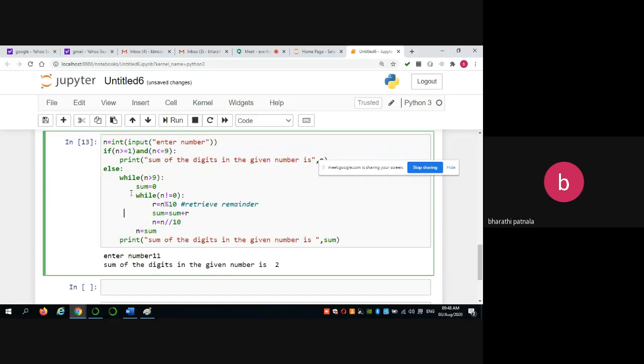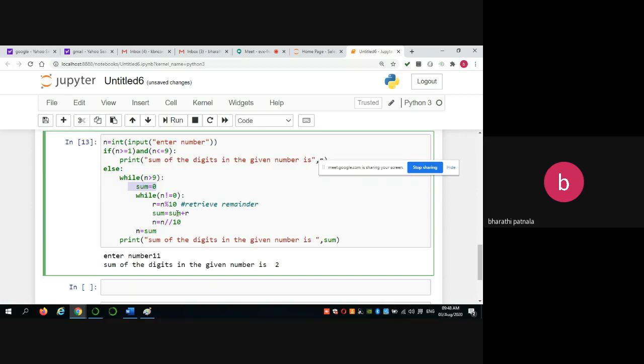Go to the else part. 11 is greater than 9, so sum is initialized with 0. 11 not equal to 0, so 11 mod 10, the remainder is 1. 0 plus 1 is 1. So 11 floor division with 10, you get the n value as 1, and again this will be reiterated. 1 not equal to 0, so 1 mod 10 is 1.